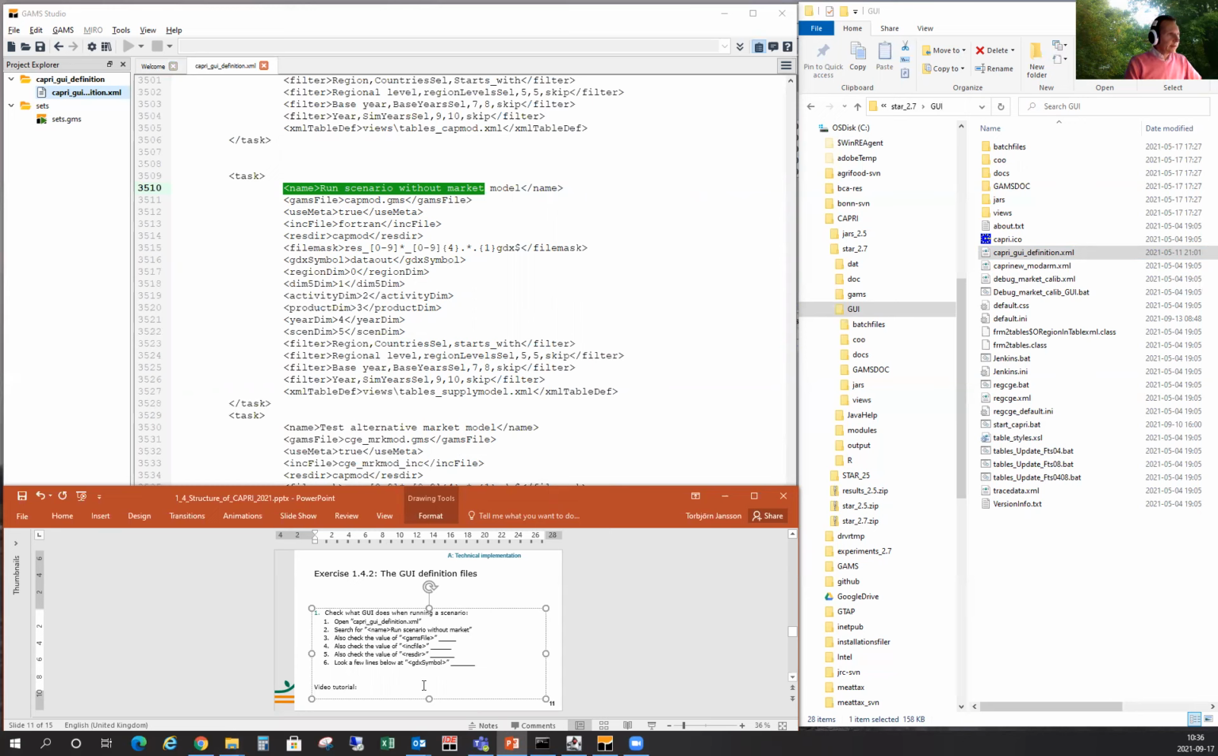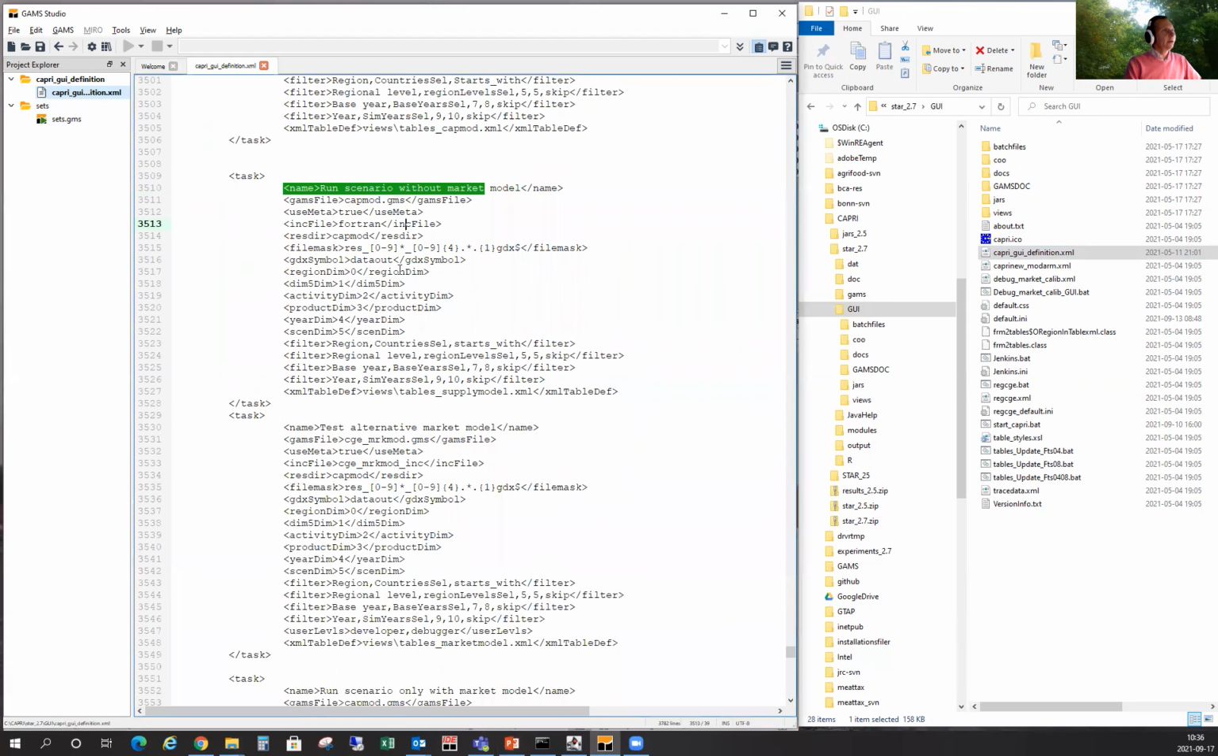The second thing we were asked to check for was the value of inc file. That's on the next line. You see inc file here. Inc file, that is the file that contains the instructions that you send to GAMS. So all the checkboxes and options that are linked with this task are written out in a GAMS readable format inside this file,